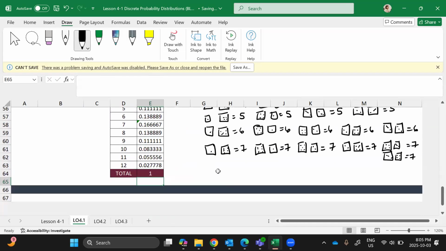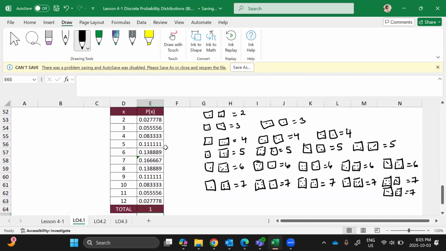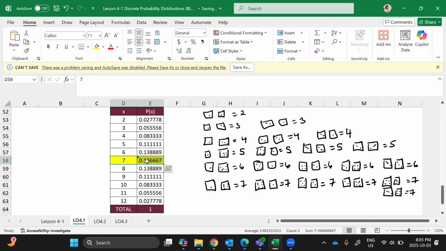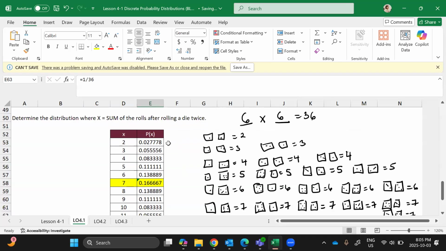I didn't write out all the other ones because I'd run out of space, but once you do the first half, you see the pattern and it actually works backwards. What I mean by that is if you look in the middle of the table, that's the highest probability at 6 in 36. Before that, you move up from 1, 2, 3, 4, 5, 6 in 36, and then you work back down. 5, 4, 3, 2, 1 in 36. And that is the probability distribution